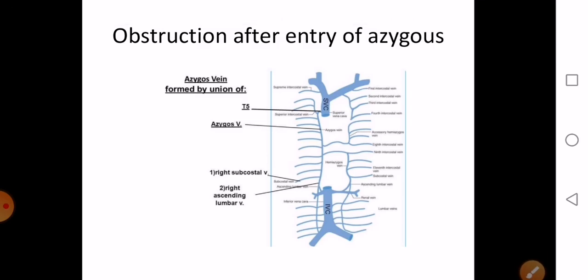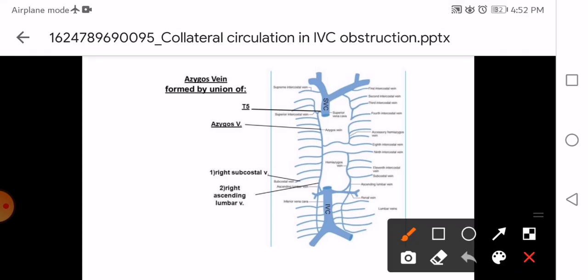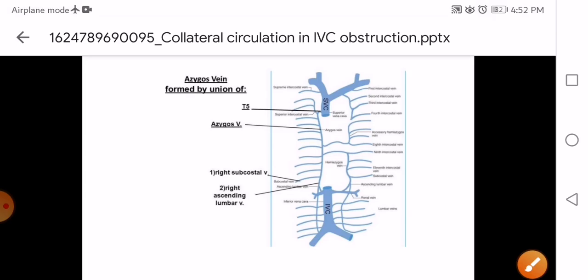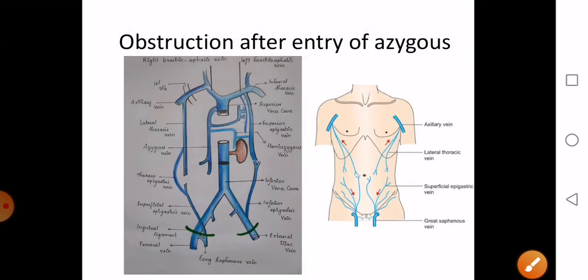If it is after the entry of azygous, all you have to do is connect it to the IVC. So as we have discussed earlier for IVC obstruction, same thing, same collaterals, only difference is the direction of blood flow will be reversed. Instead of going from below upwards, the blood will flow from above downwards. So you can have it via the SVC into the inferior vena cava, and that will take it to the heart. Then we have the